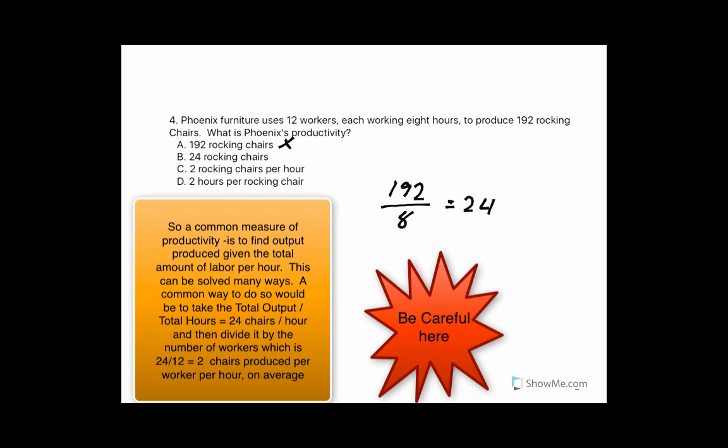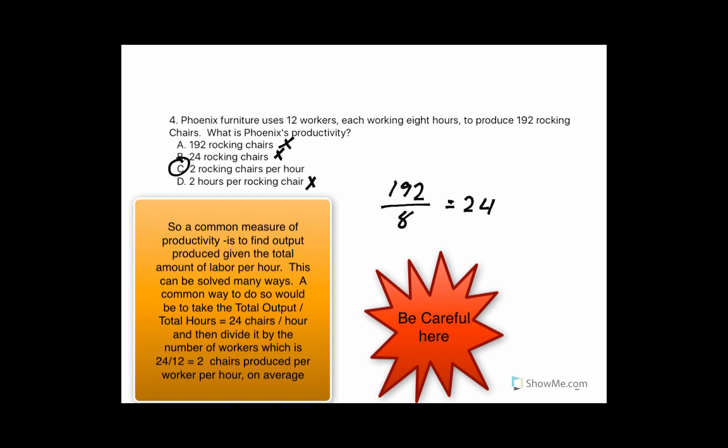But again, from the last problem, that's not what productivity is. We care about per labor input, right? So it's not this 24 number here. And in fact, we don't care about the number of hours per rocking chair, right? We care about how much output we produce for a given number of inputs, right? So that's not the answer either. So obviously the answer is C, and the reason for that is